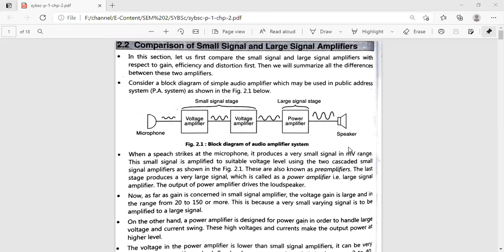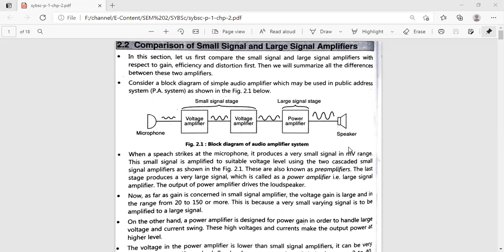Now we are done with the basic concept of the amplifier and its related things. Today we are going to start the second chapter, in which we will study power amplifiers, and the different classification types of amplifier which we discussed in the previous chapter also: class A, class B, class AB, and class C amplifier. All right, so without wasting time, we will start with the chapter.